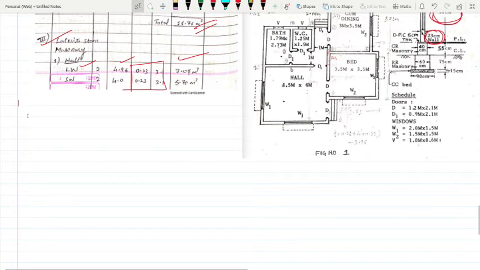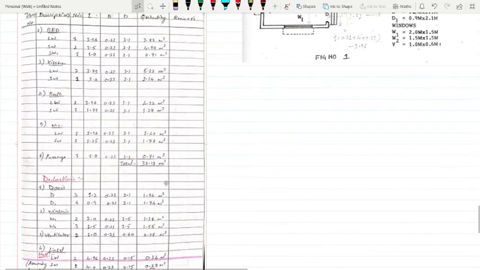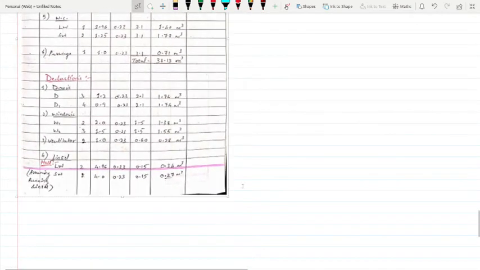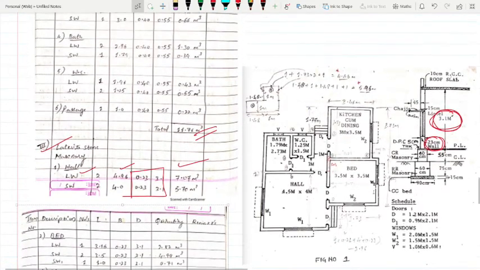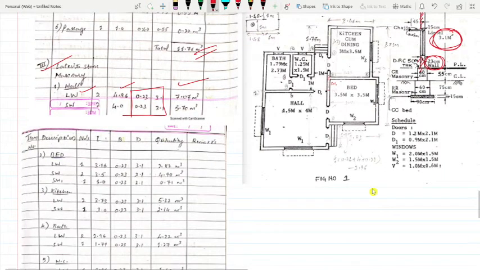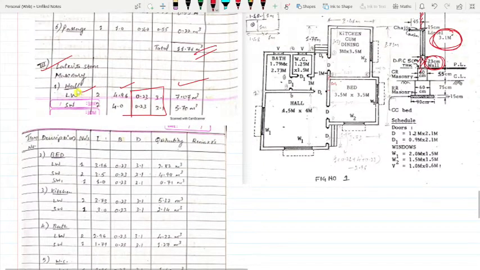I got a doubt about laterite stone masonry: in the section they have not written it, and I think they have not written it in the question here. But just think that this is laterite stone masonry only, or simply masonry. You think brick masonry also, no problem. Some we have not mentioned, but we have to take that as some type of masonry only. Laterite stone masonry we have taken there.